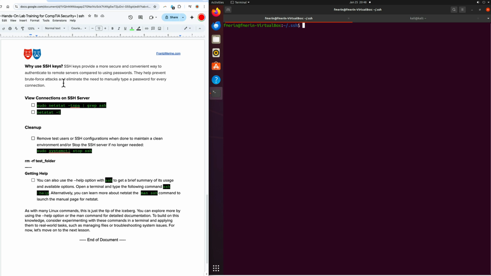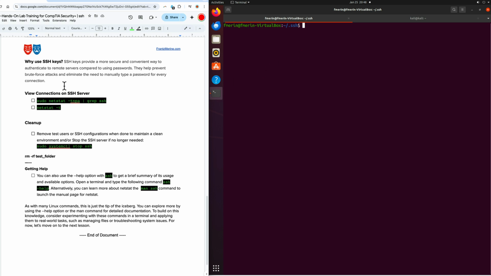As I mentioned before, it allows you to connect to remote servers without using passwords. This is important, and it also helps prevent brute force attacks if somebody's trying to attack the user account. If they don't have the key pair generated and secured, it's pretty solid. The other thing we're going to do here is look at the connections on the server. So I'm going to go back onto the Kali Linux side, and you saw this when we did the netstat,